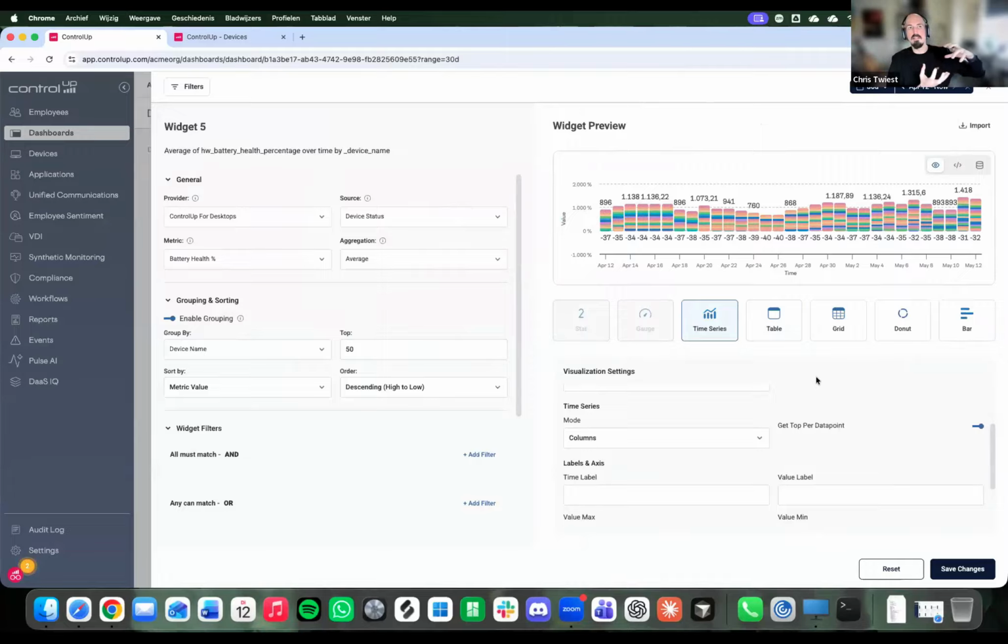So this can go up to like 6,000 data points or whatever. And this is like the limit of the data pipeline that we use. So this can be already like 6,000 data points, which is a lot. If we would set this top to 1,000, then this widget can display maybe up to 60 or 70,000 data points. Bring down your tenant, no one will be happy. Plus the time series already looks horrible with the top 50, right? You don't actually want to use this.